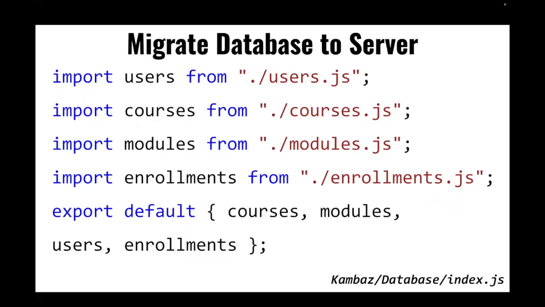But we won't suffer as much as what was happening on the client, where if you refreshed the screen, you lost all your changes to the data structures. Here, we have a little more leeway. At a minimum, we're going to load this quote unquote database onto the memory of the server, so that if the client crashes or needs to refresh, it can always come back to the server to retrieve any of these data structures, including any changes that we might have made to the in-memory copies of these users